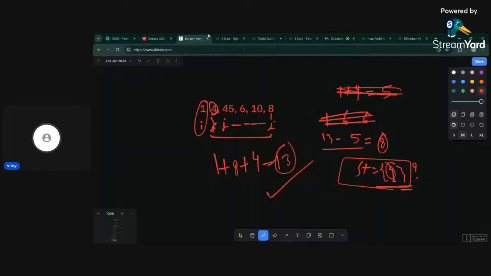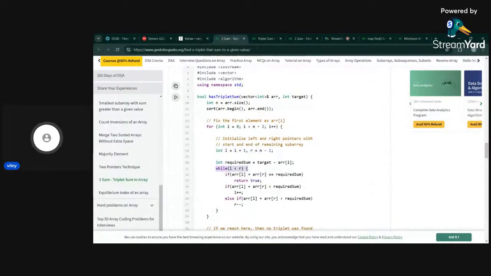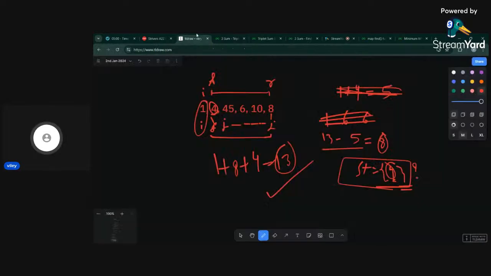Okay, now I understand what they're doing. They will fix this i, and the rest of the subarray is handled with the two pointers approach. So you will have your L pointer here, and your R pointer over here. Then you fix your i, and in this subarray you perform your two pointer search to find the required two